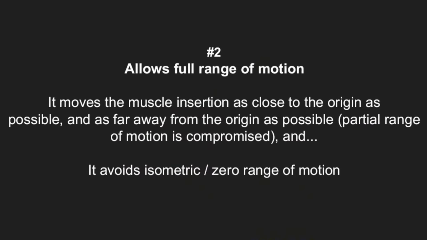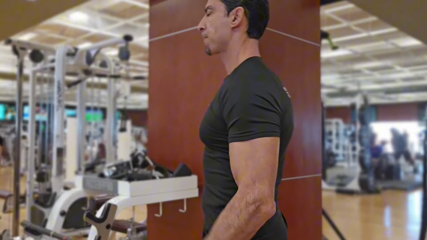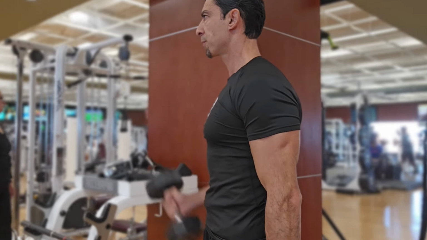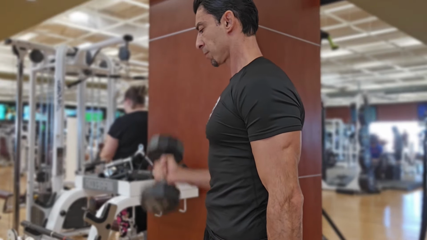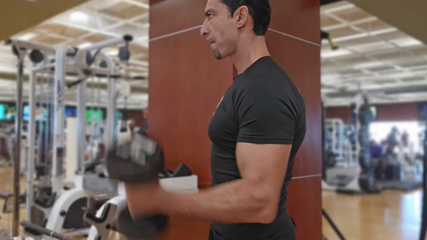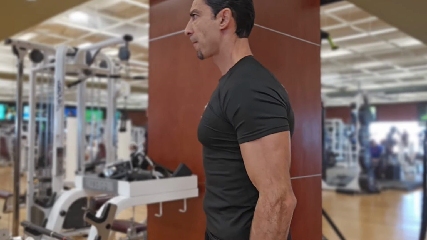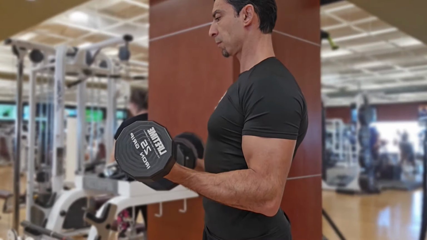The ideal range of motion for an exercise targeting a particular target muscle is one that utilizes all or most of the muscle's motion capacity. This would cause complete or most complete muscle contraction, as well as complete muscle elongation. Performing an exercise with mostly full range of motion has been shown to be significantly more productive than performing an exercise with partial range of motion. This was proven true even when more weight is used during the partial range of motion and less weight with full range of motion.